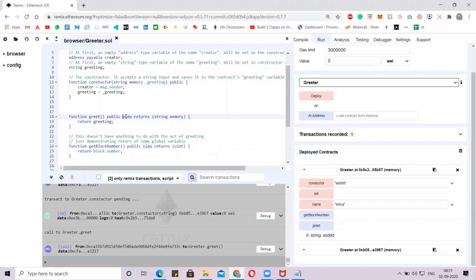Yes, cool. That's the reason. That's what we want, right? The view will restrict modification to the state, no modification anywhere in the contract by using this functionality. So if there is no modification, we are telling that we are not modifying anything, we are just viewing the data we want. That's how the view works.